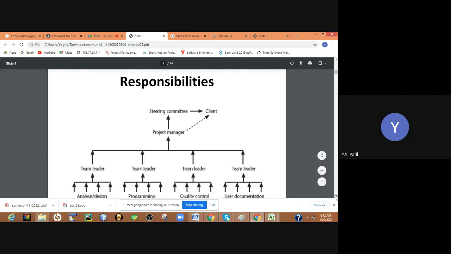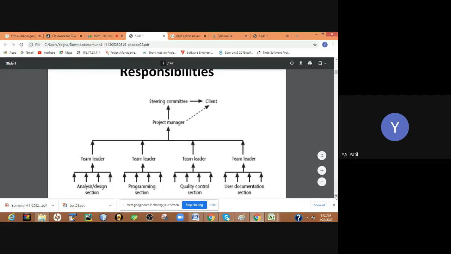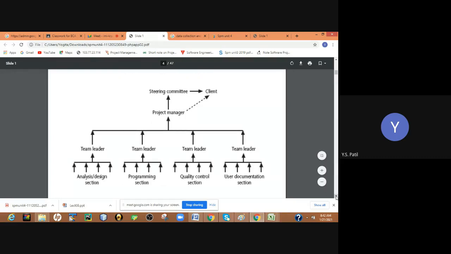See here, as you know, the work breakdown structure is there in the project. So it means the work gets divided. Here, see the responsibilities. In one project several teams are involved, and in each team there is manpower. Let's suppose your development team, your testing team, then your analysis team. One person leads that team, and that person is called the team leader.